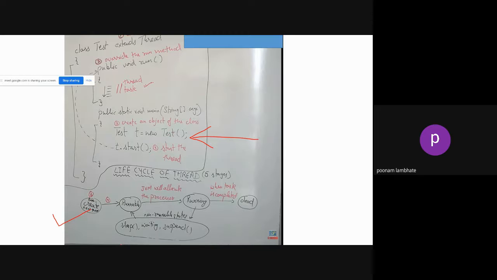It will then start running. It is in the running process. And then once everything is executed within the run method, its execution is over, then it will go inside the dead state. But it is not compulsory, as you saw that it will complete its entire execution in one go, right? We saw that some part was executed, then after some time little was executed, again after some time the next was executed. Now another possibility is that if inside the process you write some statement, like if you are